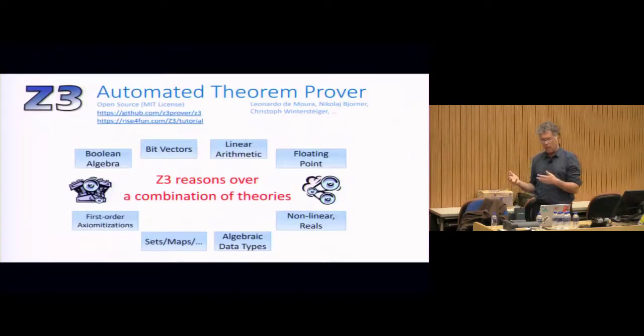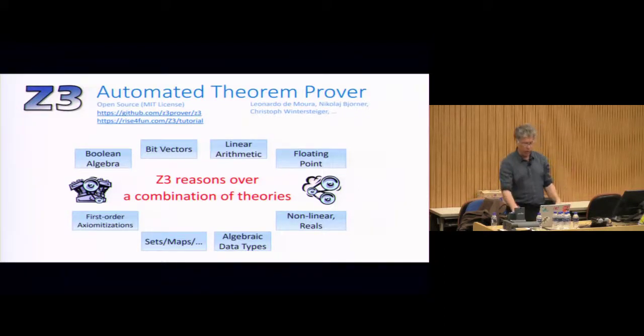And so really since 2006, at Microsoft Research, we've been working on something called Z3. How many have used Z3 here in their work? Okay, very good. Lovely. If you haven't yet, you'll learn a little bit more about it. It's an automated theorem prover in the satisfiability modulo theories class, although it does quite a bit more now. And it's open source. It's won numerous competitions. It's been used in Microsoft for many of our software verification and testing tools, and it's been used outside as well now. It's open source under MIT license, so it's available for both commercial use and research use.